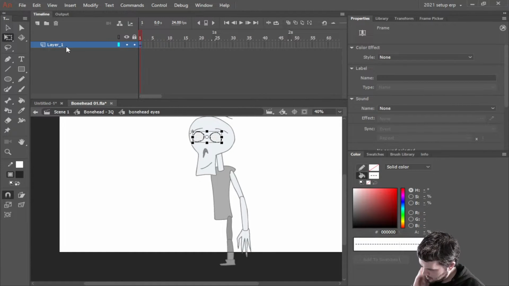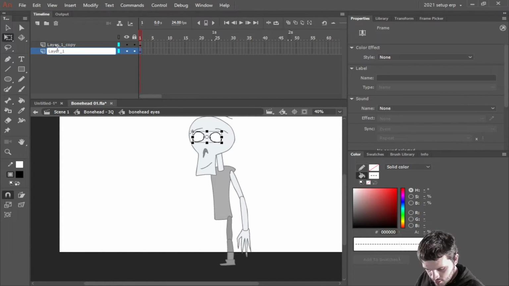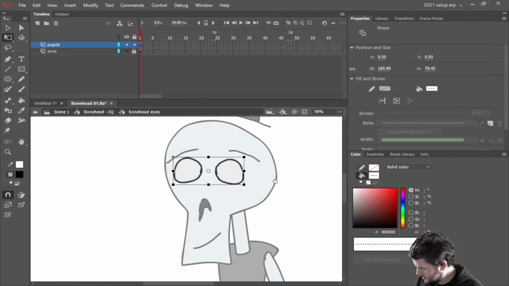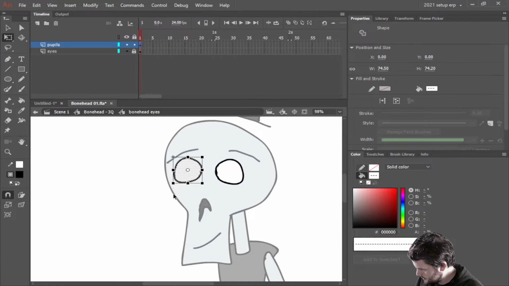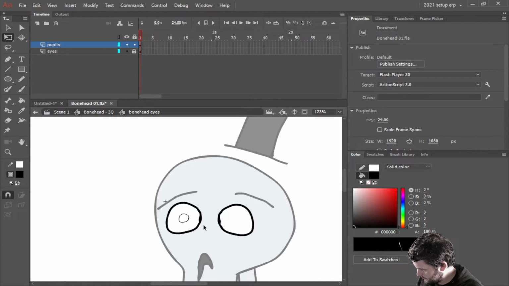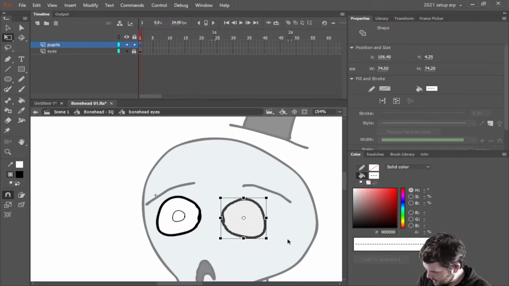Let's get to what I'm talking about. Duplicate layer. This is eyes. Lock it, and this one's pupils. Nope, I just want this one. I'm going to select it and move it down. I like that one. I wish the outline was a little bit thicker, but that's what I was talking about with the